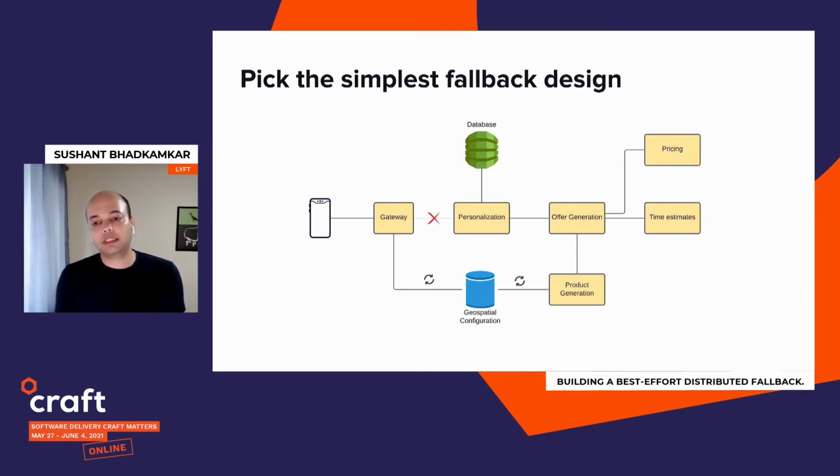The reason for that was basically that the gateway service does not have a lot of business code. It basically handles all the API level responsibilities. It does not get updated that frequently compared to other services, which have a lot of business code and are still in active development. So there's always a potential for those services to fail. And if we build a fallback in those services, then we still are not protected against any issues. So it made sense to build the fallback mode in the gateway.